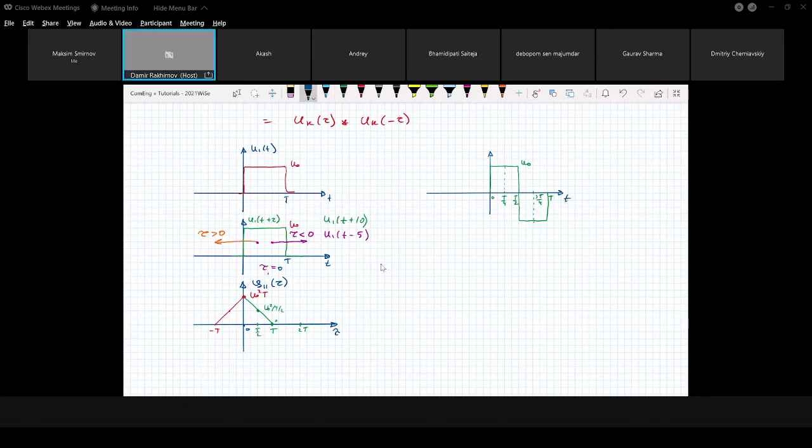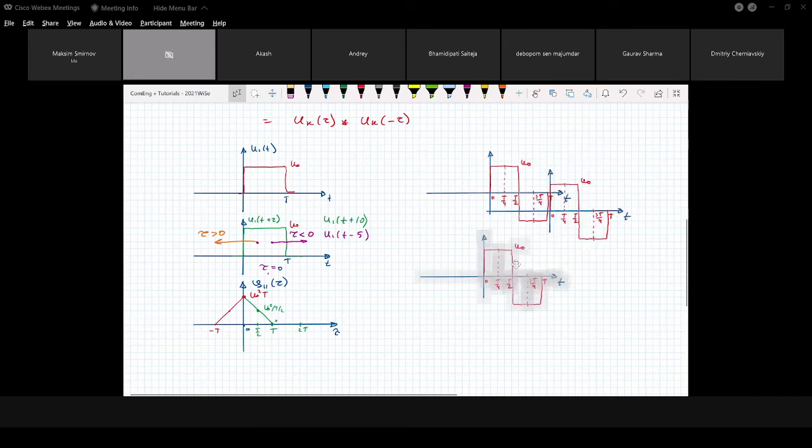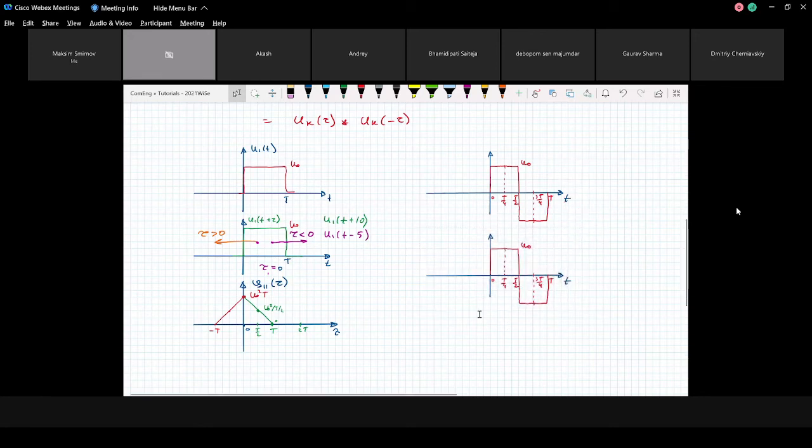So we do all the same. I copy this signal. Actually, I'm supposed to make it red. This is our original signal. I just make a copy, and I place it below. So now let me make it green. Okay, and now we have